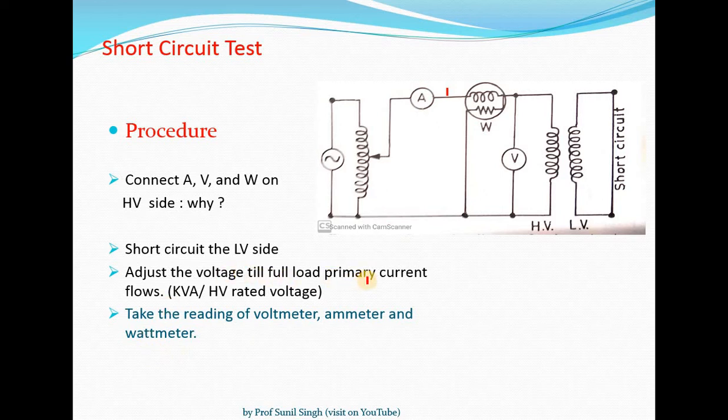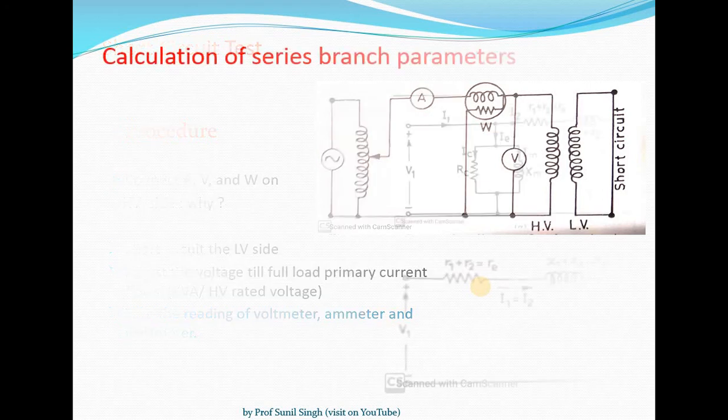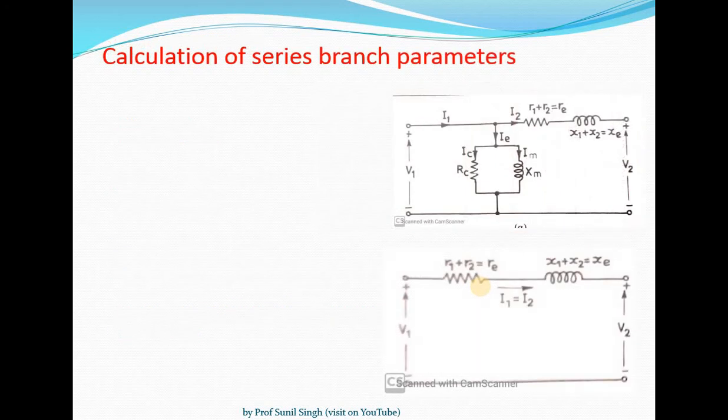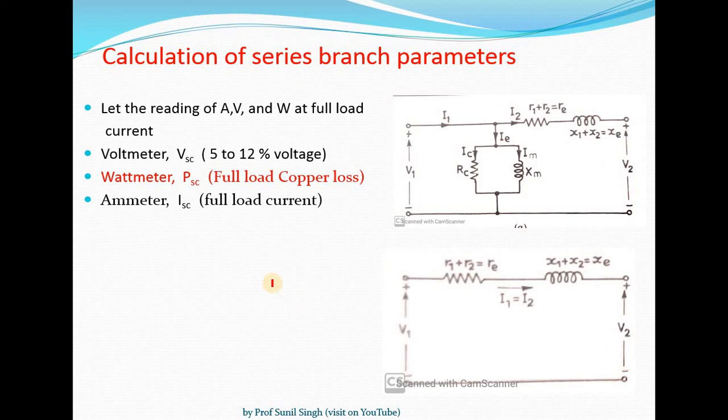Adjust the voltage until the rated primary current flows, kVA upon high voltage rated voltage. So we'll adjust this auto transformer reading till the ammeter gives the full load value of current. At this full load value of current, we'll take the reading of the wattmeter and voltmeter. In this test, the wattmeter will give the value of full load copper loss,